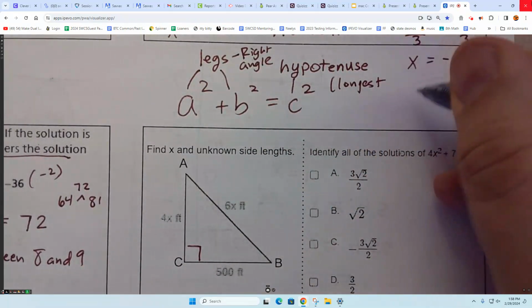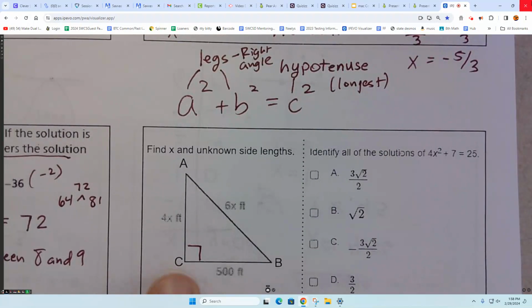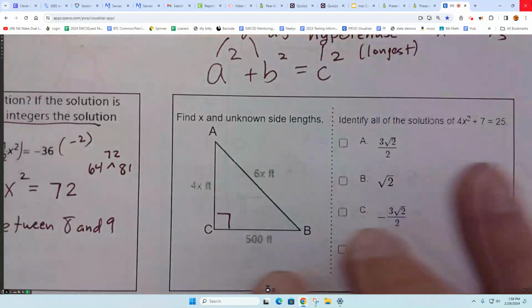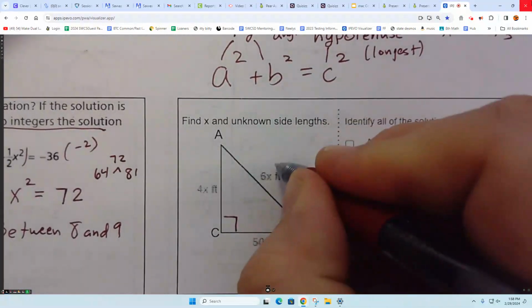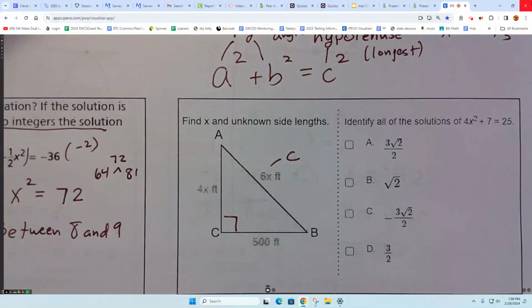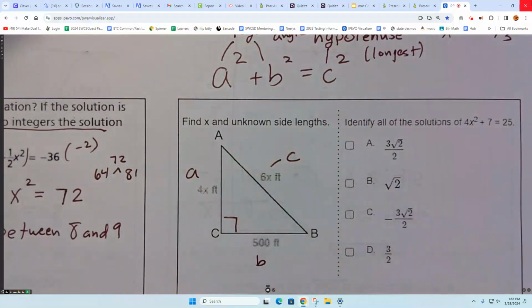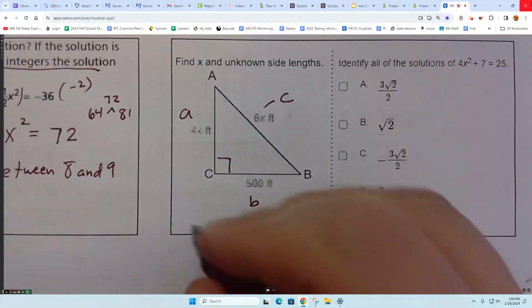Now, sometimes in the more advanced math we get, they're not going to draw it like this. They might draw the graph differently, and you just got to know it's the longest one. But they're being nice to us. This has to be C. It doesn't matter which one we call A or B. The formula says that it's